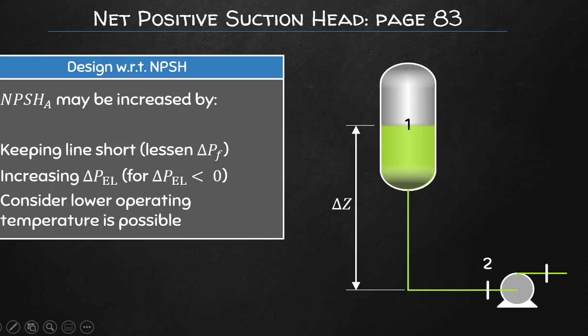Now, there are always other ways in which we can ensure we have enough net positive suction head available to us, such as by keeping the suction line short, and also increasing the height of the upstream fluid if this is at all possible, and reducing the operation temperature as well if this is again possible for the process in question. Remember, you can't just go and decide to change temperatures and change heights of things, because this